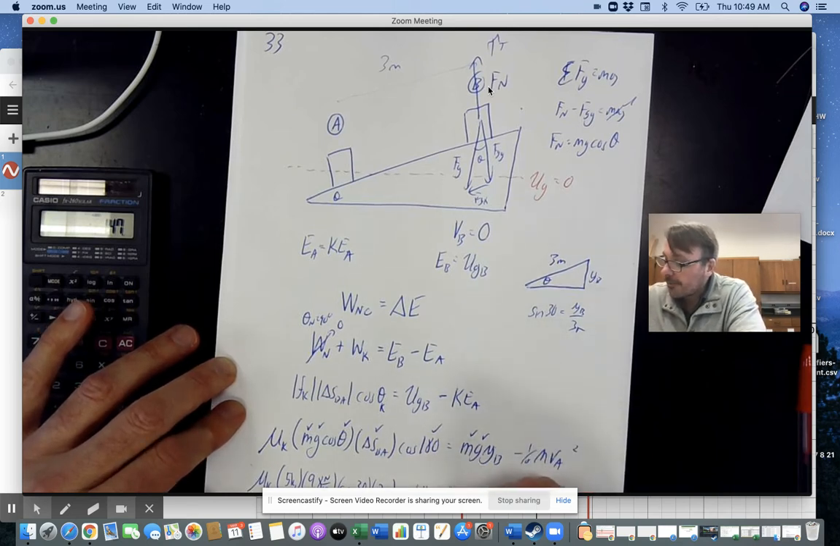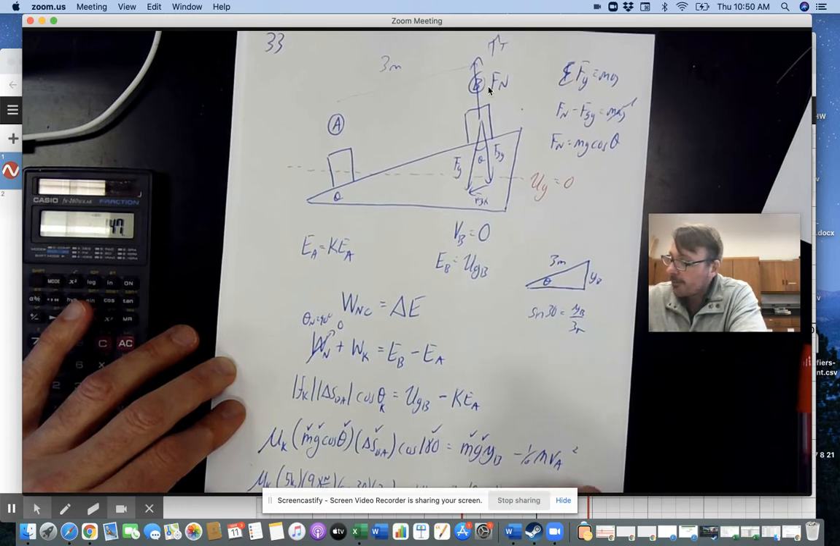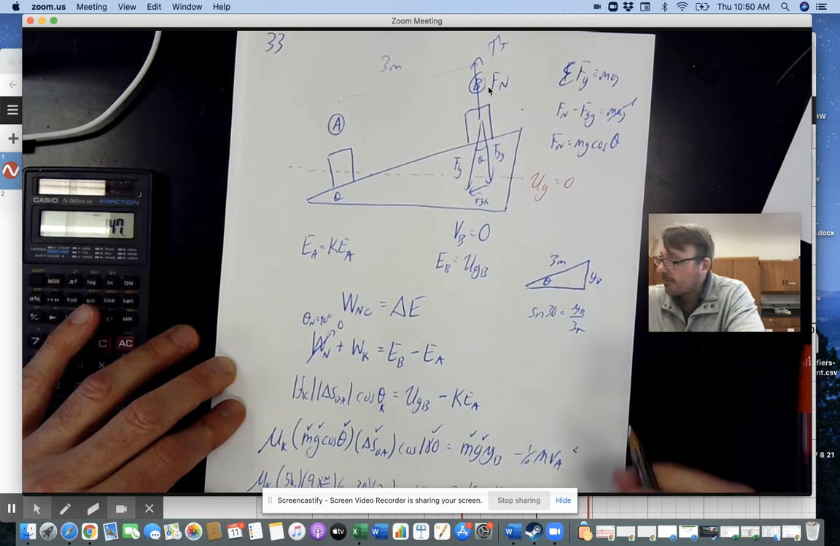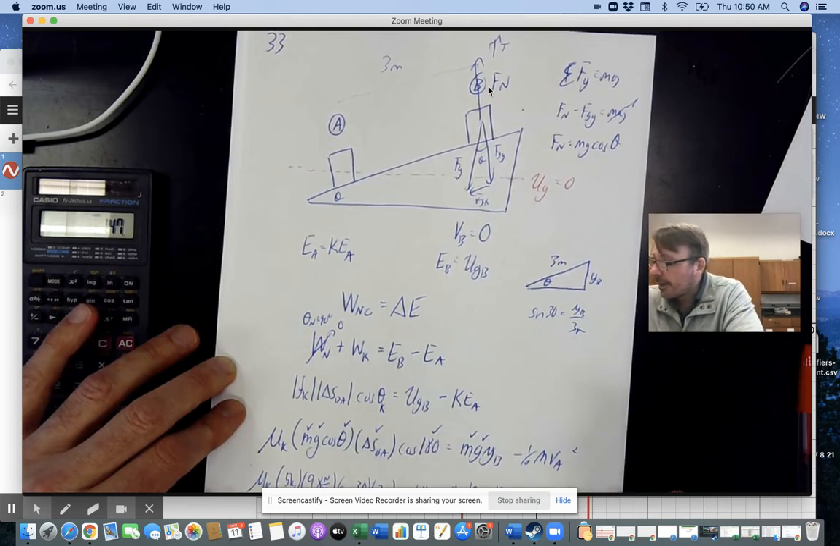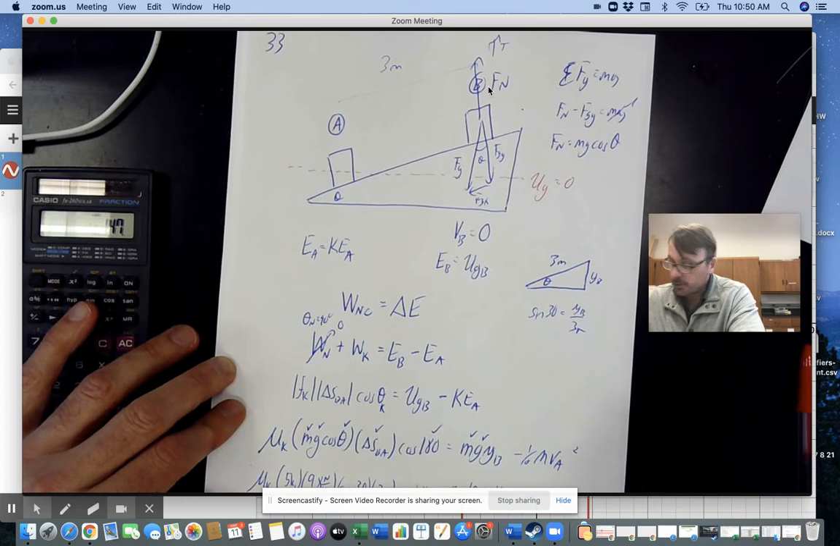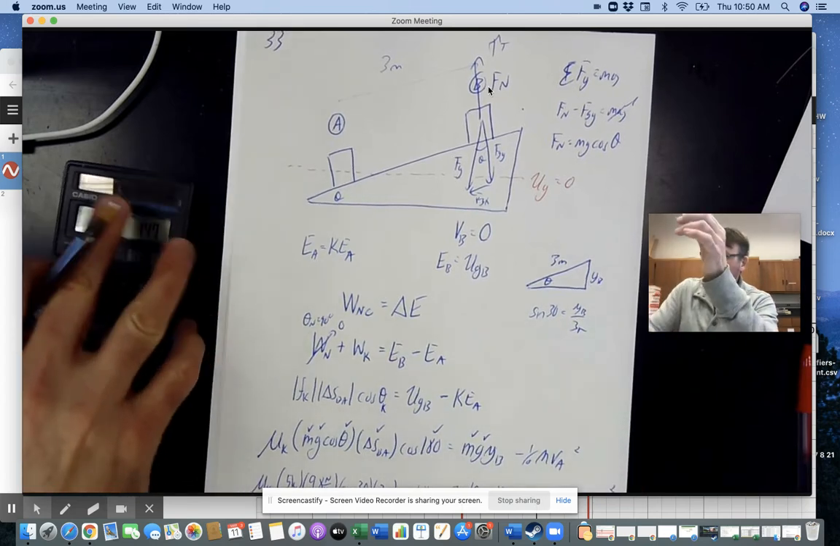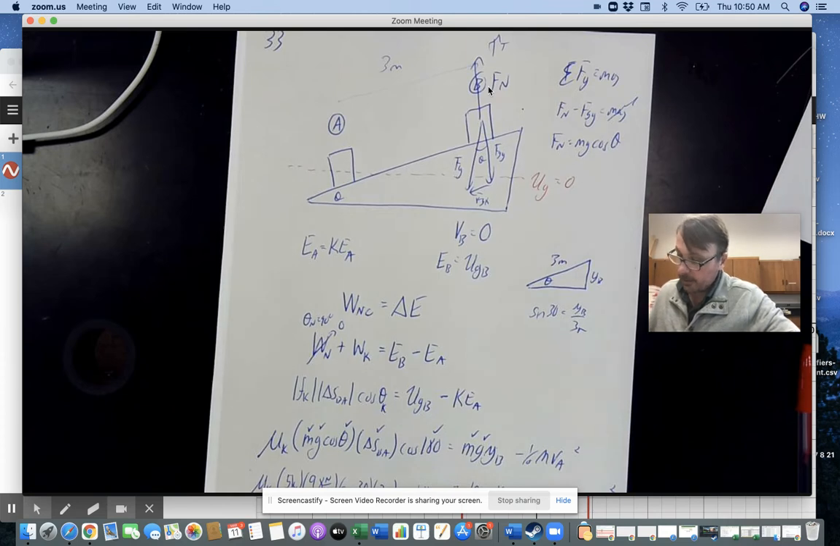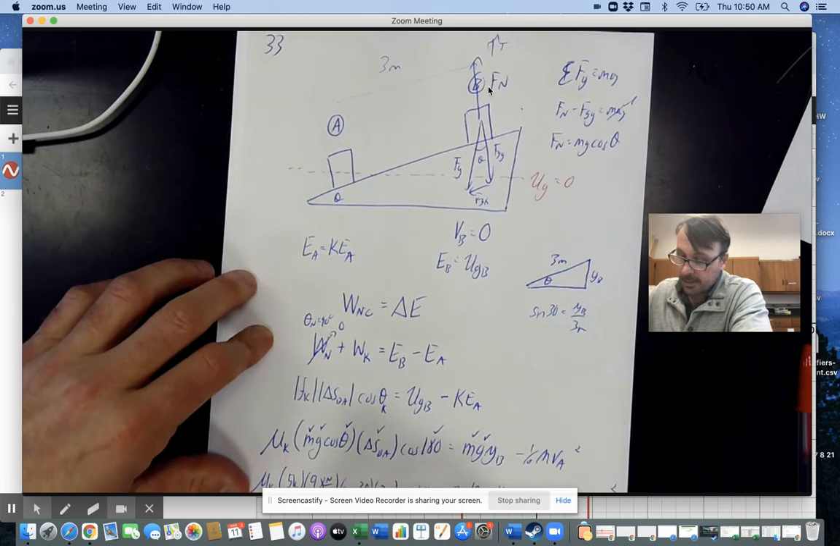So M is 5 kilograms, 9.8 newtons per kilogram. This is 3 meters sine 30 minus 1/2 5 kilograms times VA. It's initially traveling at 8 meters per second quantity squared, right? And so from here, it's just throw all the things into your calculator. 5 times 9.8 times 30 cosine times 3 times 180 cosine, okay? And so this is negative